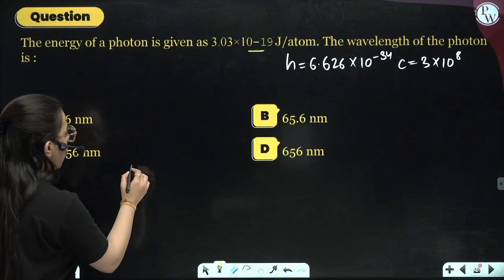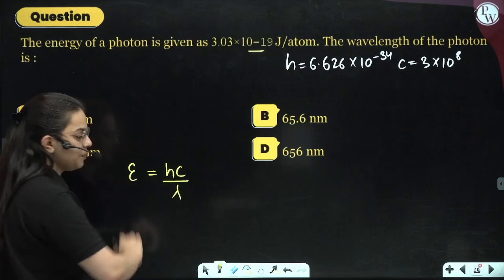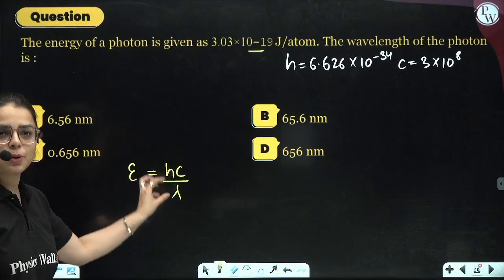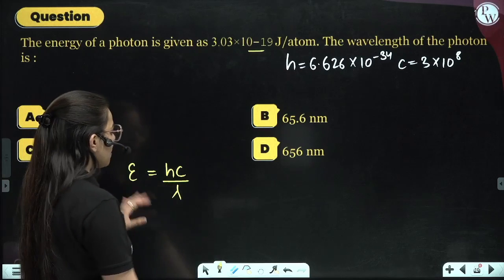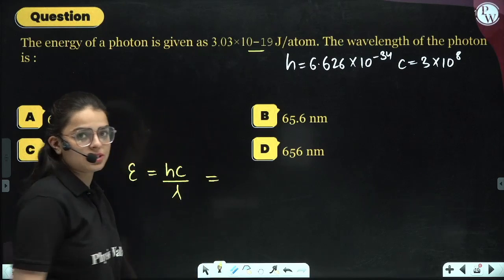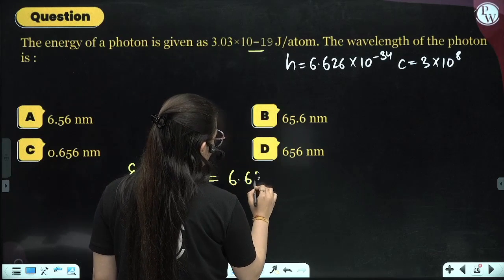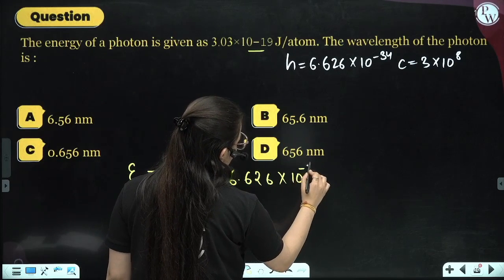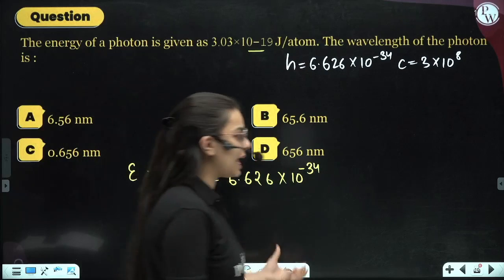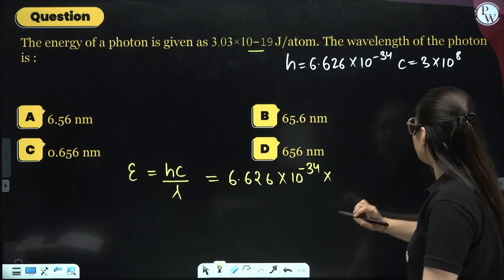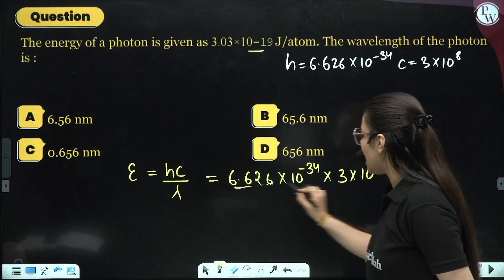So students, you are all aware of this formula: E is equal to hc by lambda. So we are going to apply this formula over here and calculate our answer. What is h over here? Planck's constant. Its value is already provided in the question: 6.626 into 10 raised to the power minus 34. What is the value of c? C is the speed of light, so its value will be 3 into 10 raised to the power 8, divided by